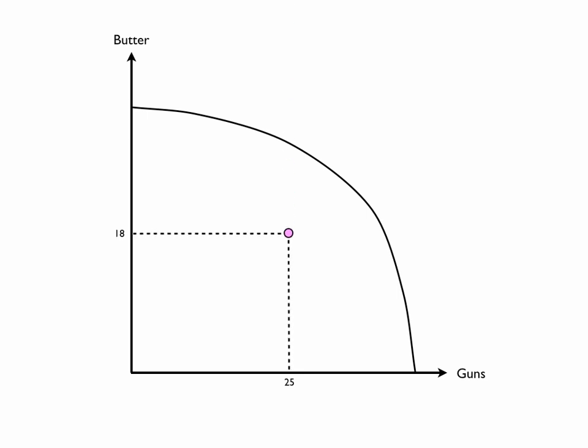Now, if we are within this production possibilities, at this point here we're getting 18 units of butter and 25 units of guns, we are not maximizing all of our productive resources. We're working within that production possibilities curve, and what this means is we could obtain more butter without giving up any guns, or we could produce more guns and not give up any butter. Any movement to the northeast of that fuchsia circle makes us better off, and we're operating more productively.